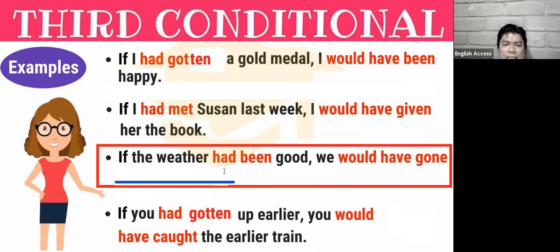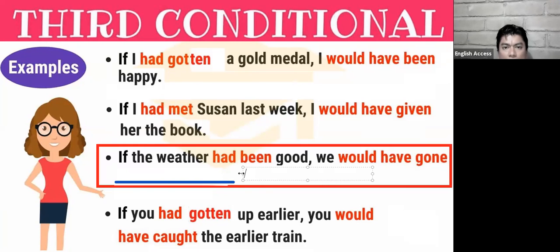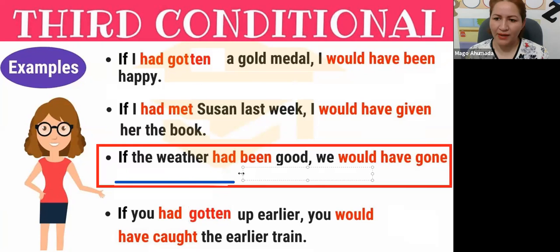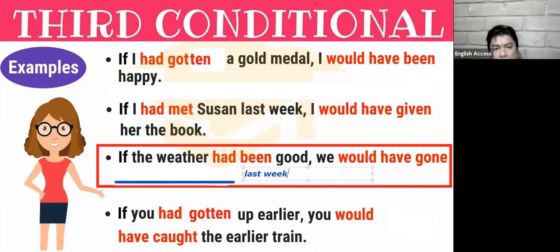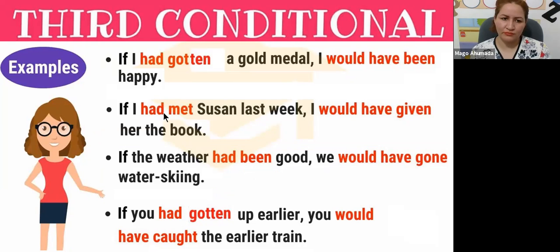Now, is this in the present or the past? The sentence, the story. Oh, it's in the past. And that's an example. If the weather had been good, we would have gone to the movies last week. It's just an example, okay? But that's how it works. And then we have